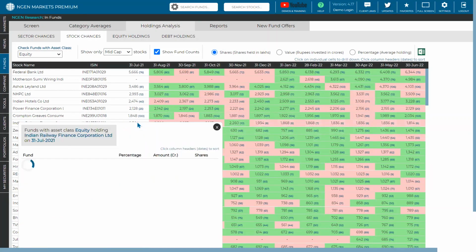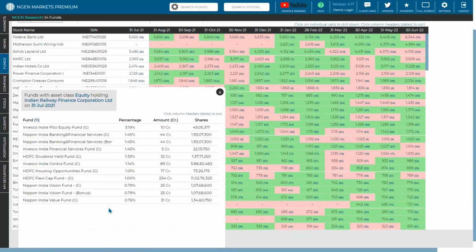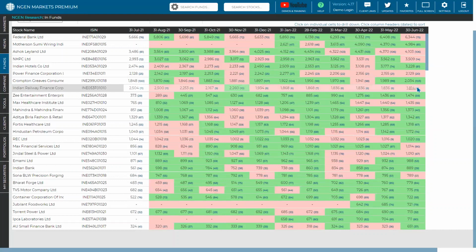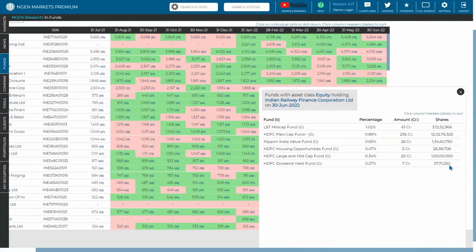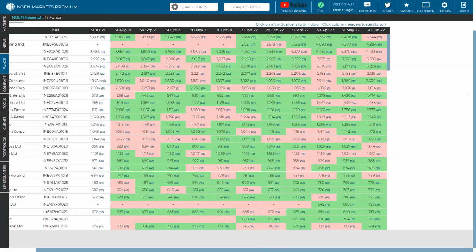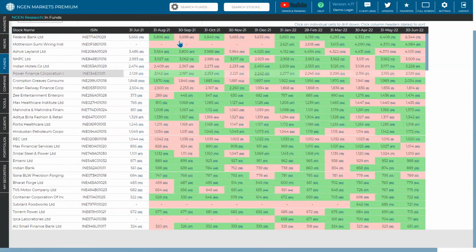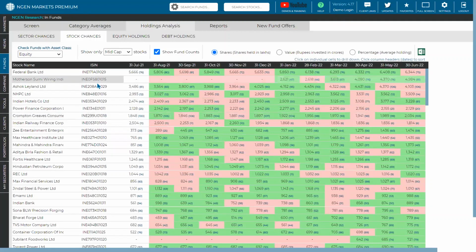So you can see for the last 12 months, these were the funds with the number of shares, right? Now in this current scenario, you can see only these funds. These are the only funds, and one of the highest is SDFC FlexiCap, and it still has a very low percentage in holdings. So this is very, very useful if you're looking at one particular set of stock.